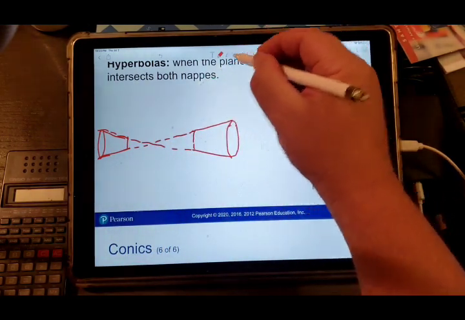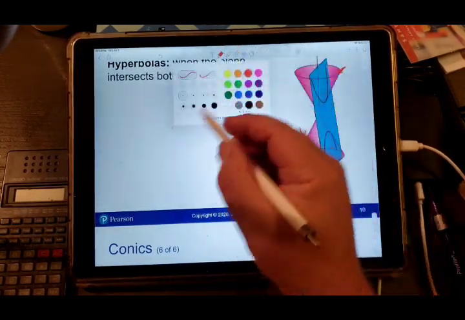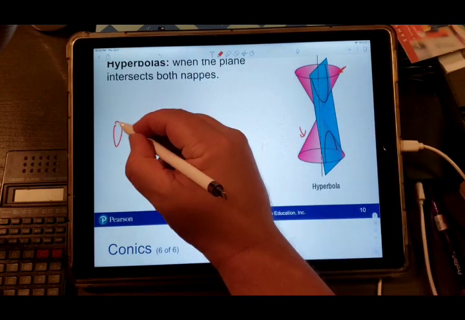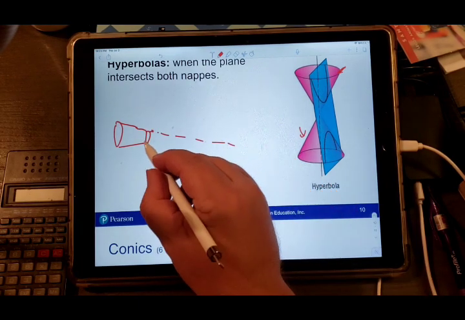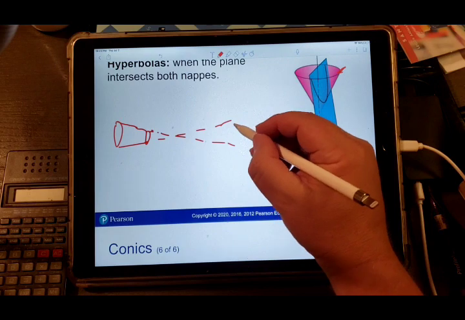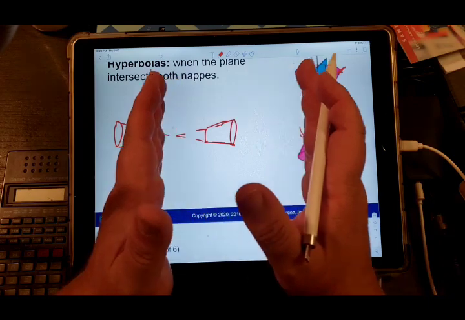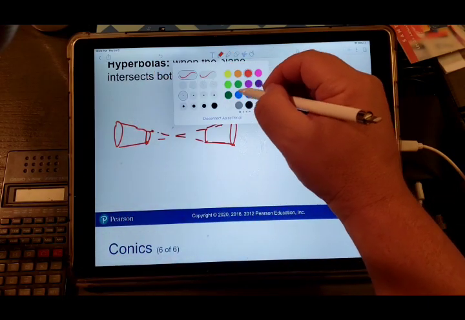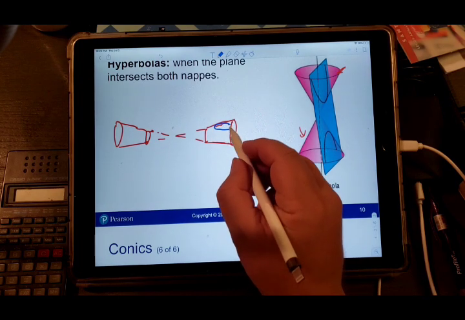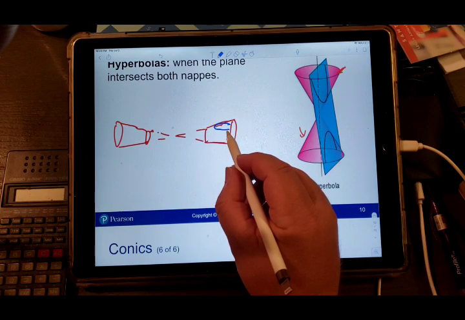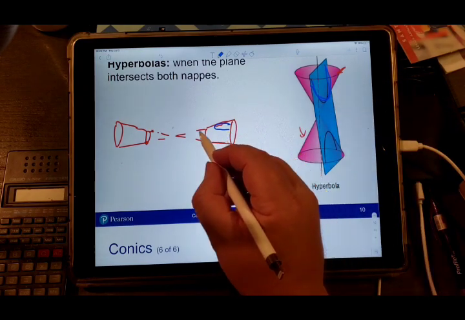My scale's off, so I'm going to do this again here. Cone. I'm really just recreating this, but I want you to picture what I'm doing here. I'm holding a cup between my hands. And if I do that, I get something that kind of looks like the parabola, but it's different